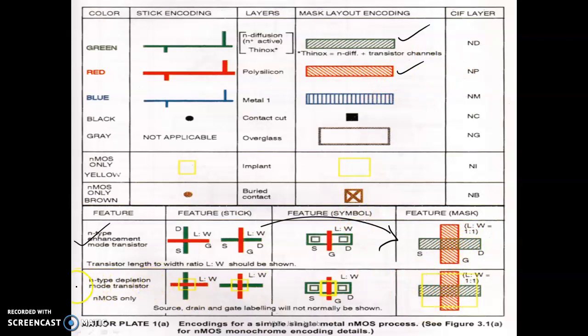Okay. When you go on to the depletion mode transistor, the difference is that you draw red over green the same as in the enhancement transistor, but you also draw a small yellow box over the crossing region, the crossover region. Okay, that shows that a channel is already present. As you already know, in a depletion mode transistor, a channel is already present, which means it is a normally on MOSFET. Okay. When you translate it to layout, it becomes the same thing as above, but with an extra yellow square box around the channel area.